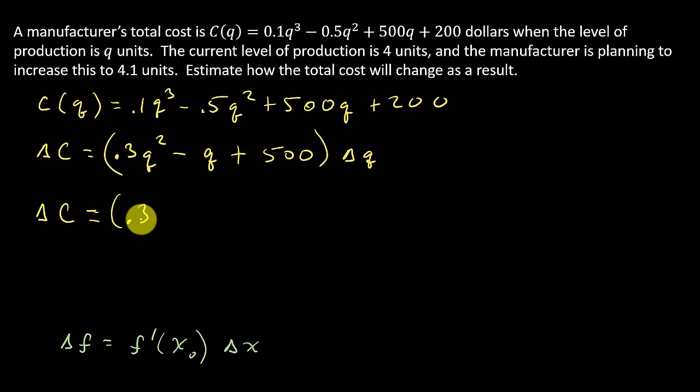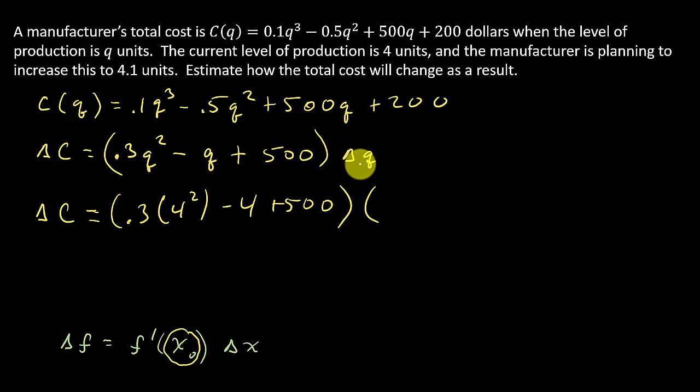All right, so what are we trying to find here? Okay, so x naught, that we need to plug into here. We've got to plug that in, the x naught. Well, that's the current level of production. That's the 4 units. So that's going to be 4 squared minus 4 plus 500